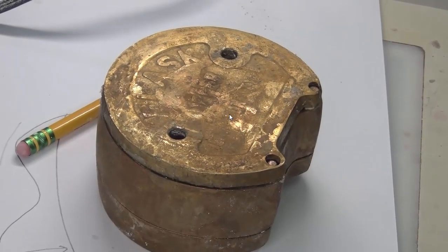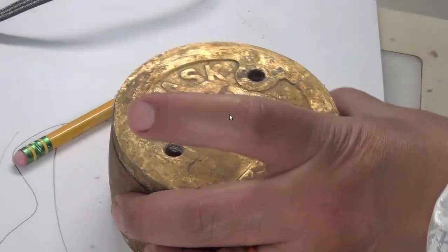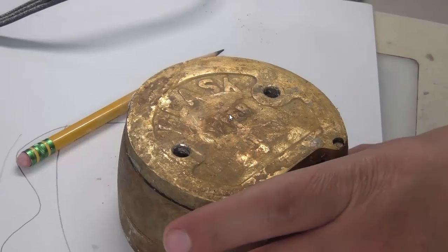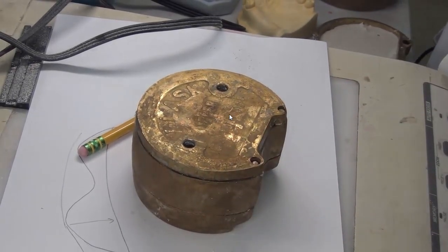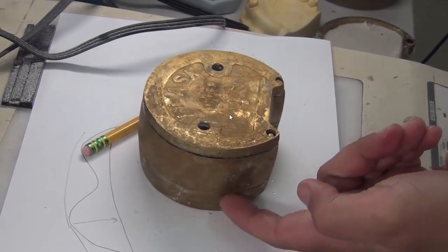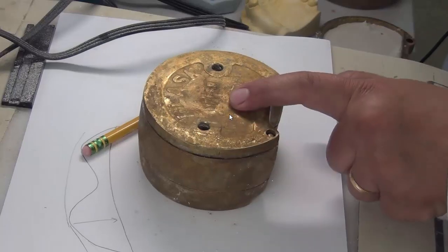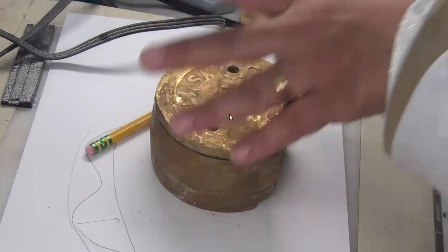The next step is identifying your flasks, okay? So you should have a flask suitable for the denture that you're going to use. A flask will be composed of a lower lid, a lower member, an upper member, and an upper lid. Okay? So once we have identified our flask